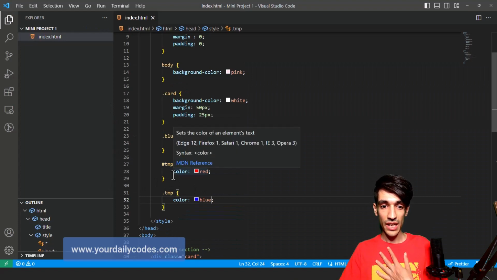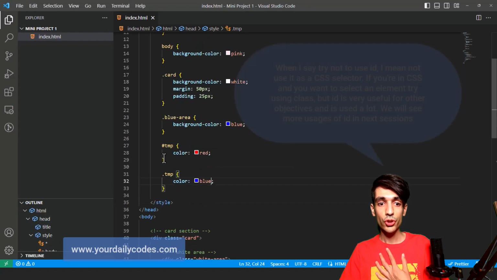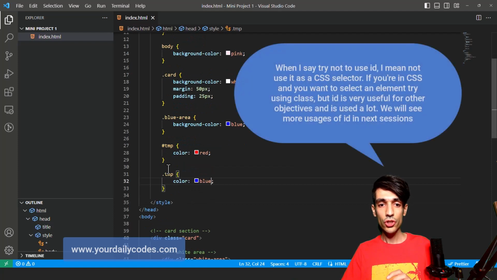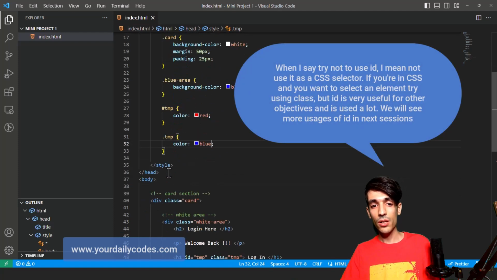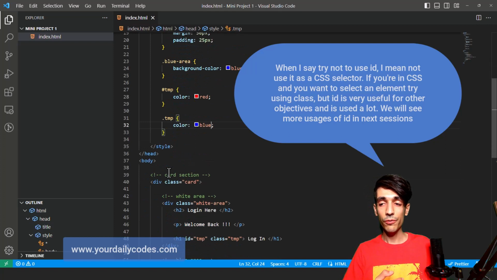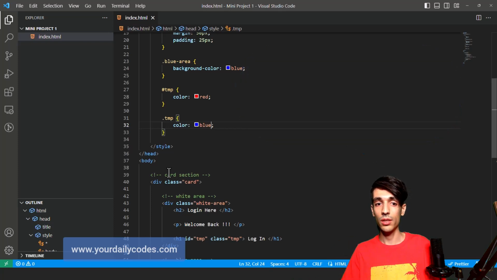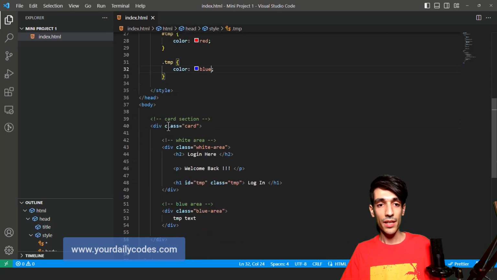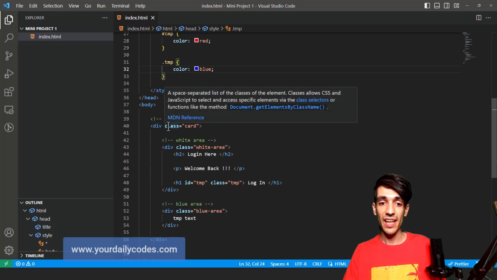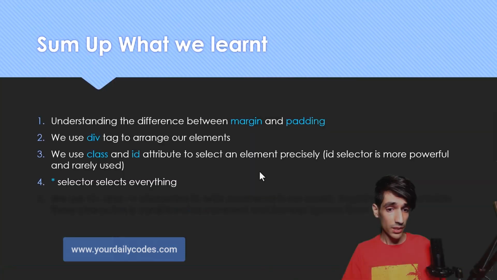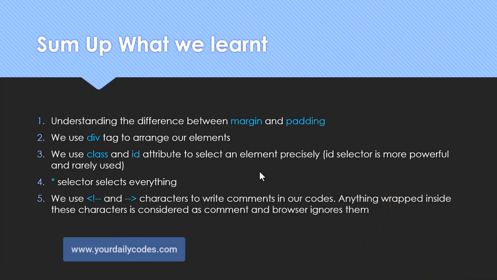But as a recommendation, try not to use ID. I just showed you ID because if you see ID and this pound selector somewhere, you know what it does. But I recommend you not to use ID and use classes instead.